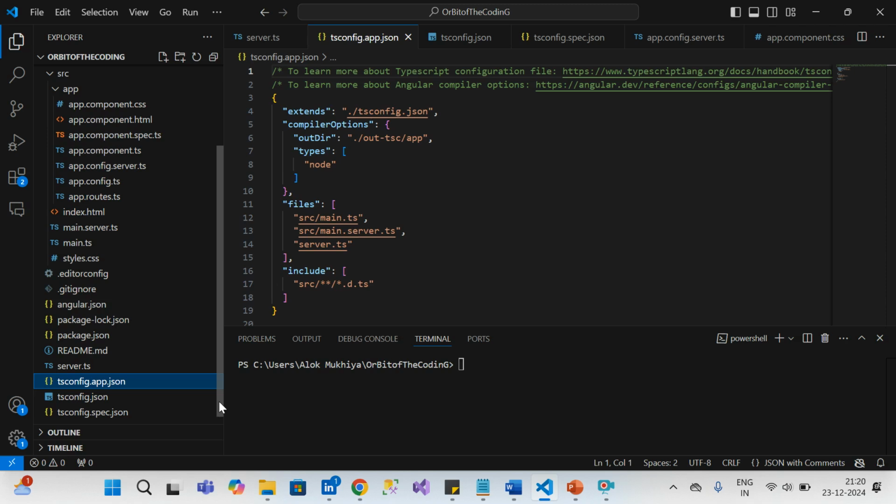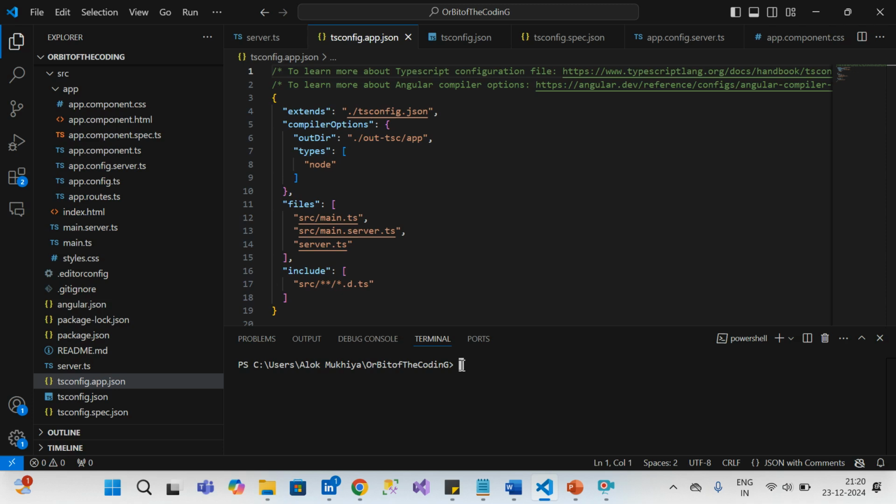Gradually, as we develop an application step by step, we can explore more about the real use of the tsconfig.app.json, tsconfig.json and tsconfig.spec.json files. So now I'm going to